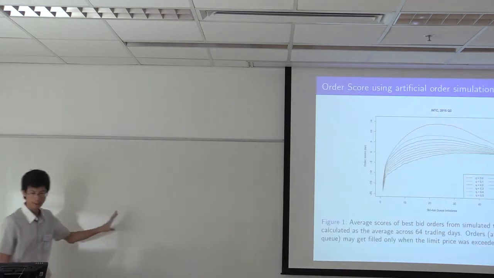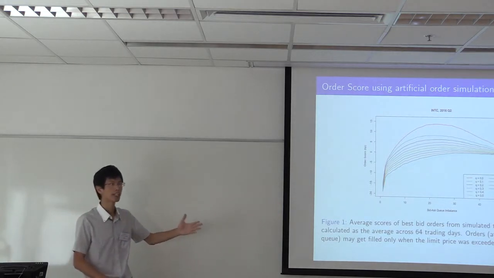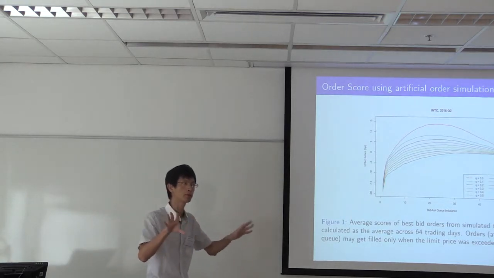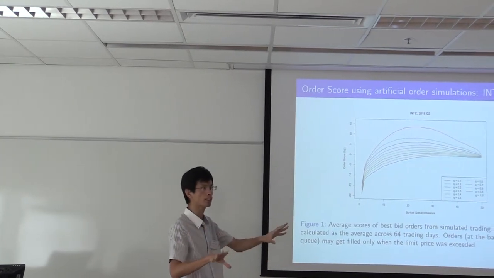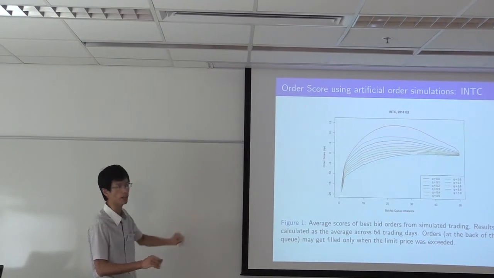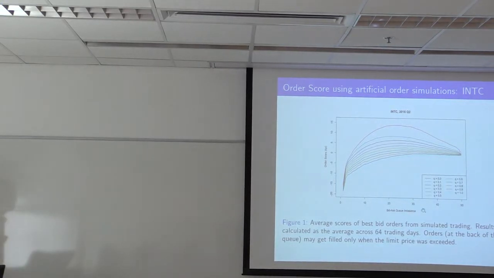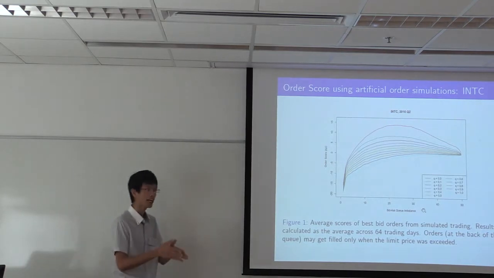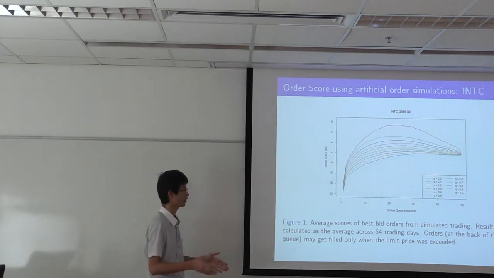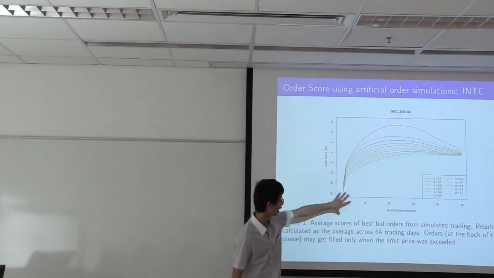All right, so this is a very typical picture of order score. Essentially, as I mentioned, we are trying to do some kind of sample average to approximate the expectation, or the expected profit, of the limit order that we have defined. Let me explain. On the vertical axis, we have order score, and on the horizontal axis, we have the bid-ask queue imbalance. I have cut the bid-ask queue imbalance into 50 groups, 50 bins, where on this side